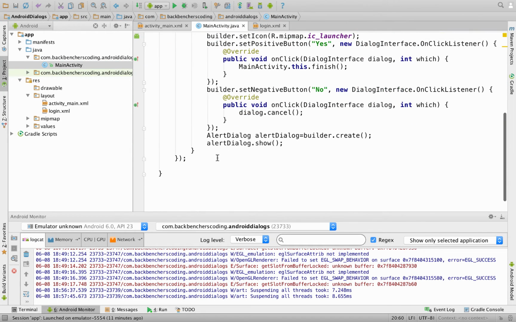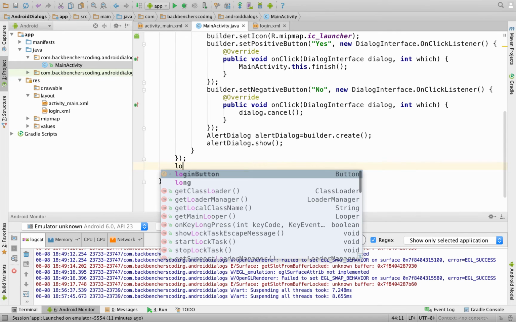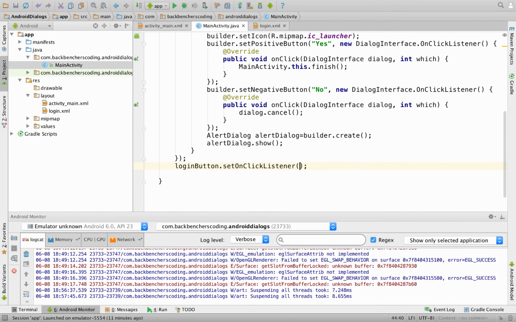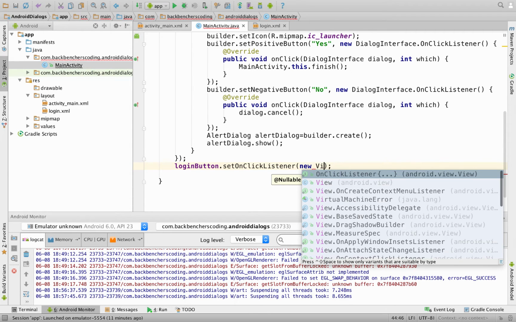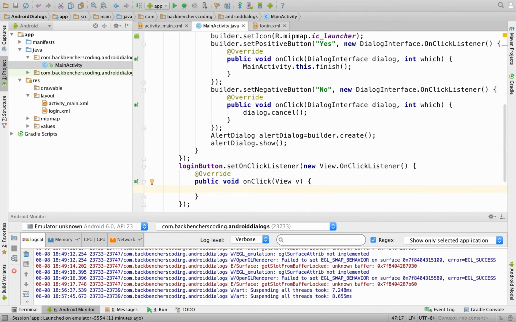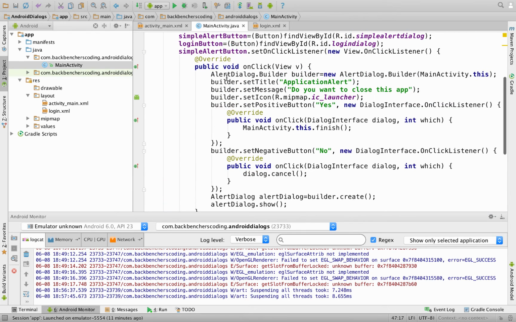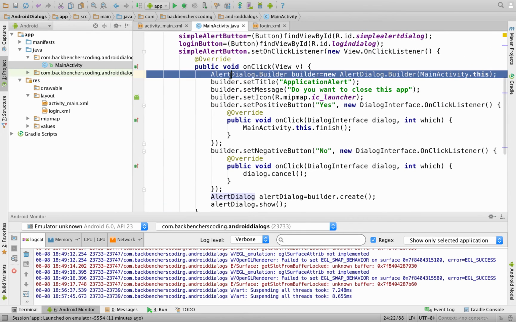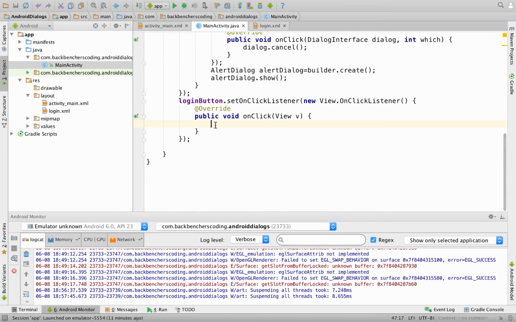So go over here and write loginButton.setOnClickListener, within which we pass new View.OnClickListener, which overrides the onClick method, within which we will create the object of AlertDialog.Builder as we had done previously. So go to this code and copy this statement and paste it over here.